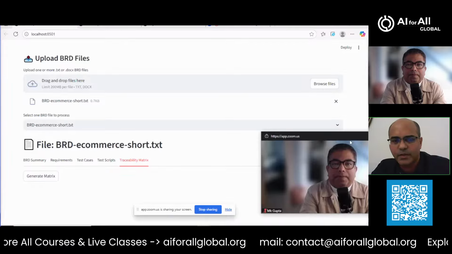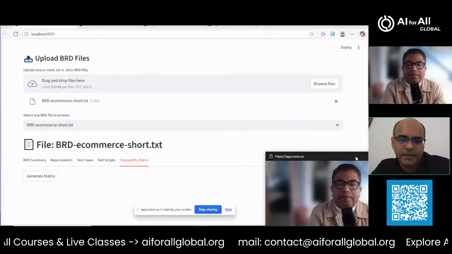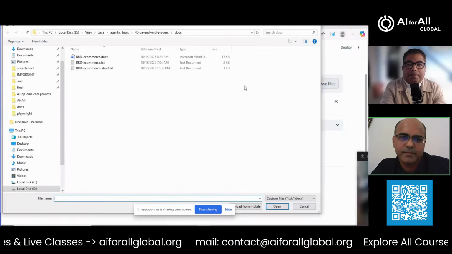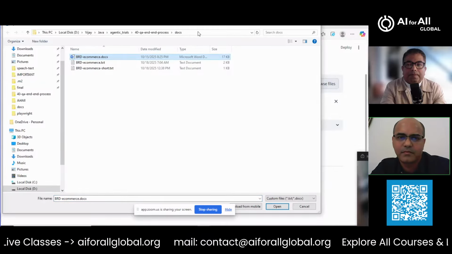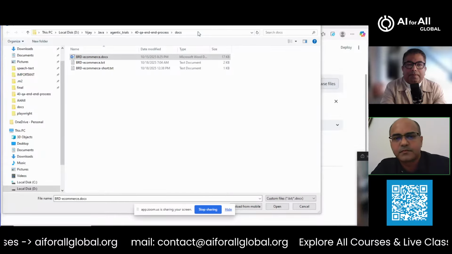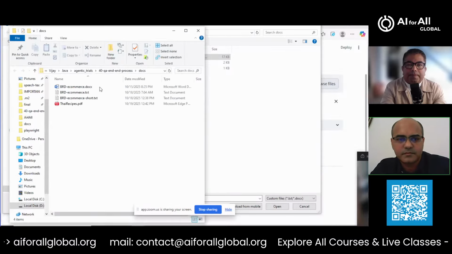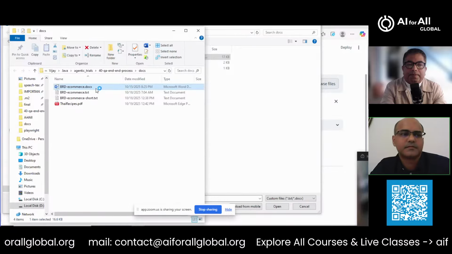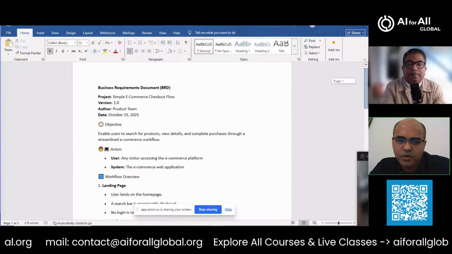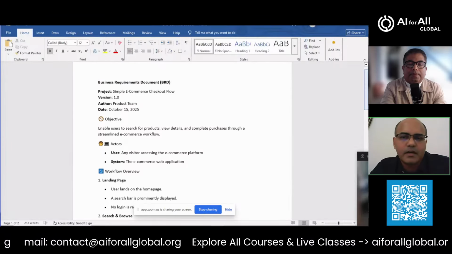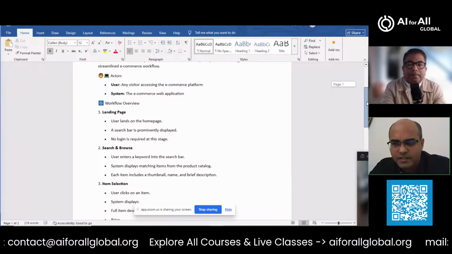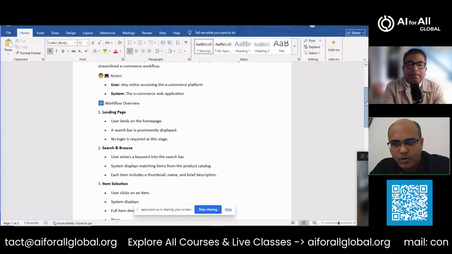So let's take a look at this. Generally, when you start off, you get a BRD, and the BRD generally is of this type. I'll just open it up here. So this is generally how a BRD appears. It could be a one pager, it could be 5 pages, it could be a complex system that is being described, right? It is quite tough for someone who is struggling with time to go through all this and figure out